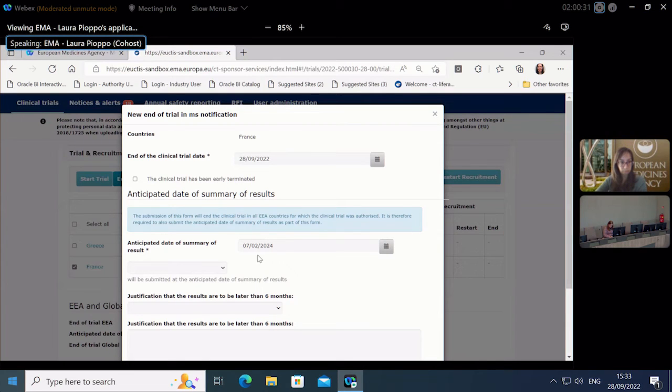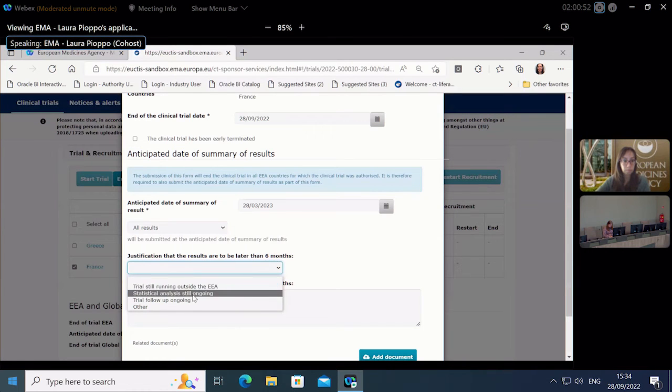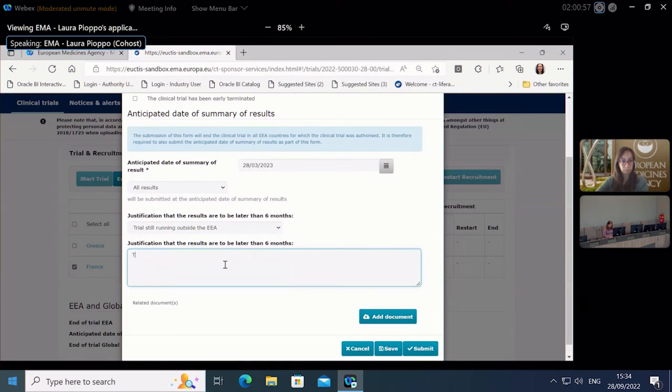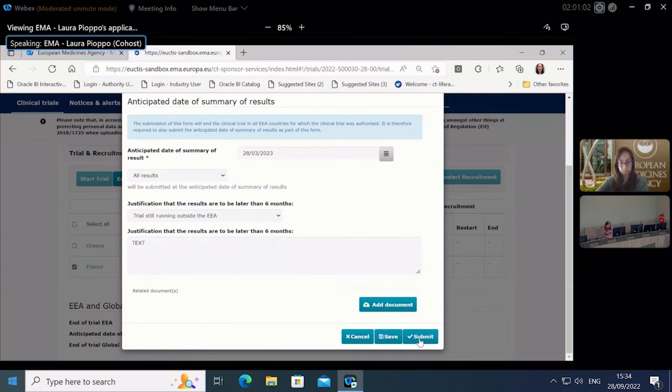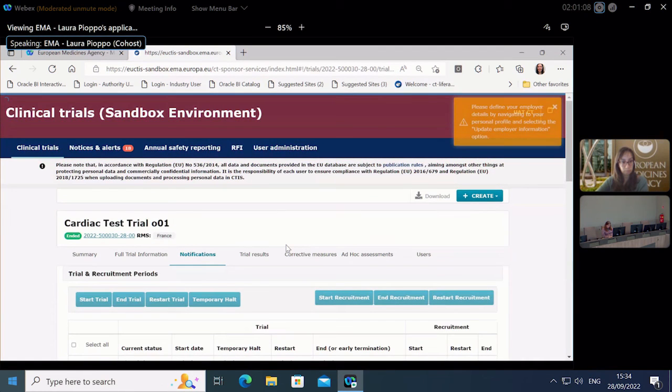Here we are going beyond the 12 months, so I can explain that I will provide all the results, and I can explain the justification. Later than 6 months, apologies for this. It should say justification that the results are to be late. It's not only later than 6 months. This is a UI issue that we have. And let's say that the trial is still running outside of the EEA, and here I can just put some text, and basically I can then submit my notification that will be equal to the end of trial,